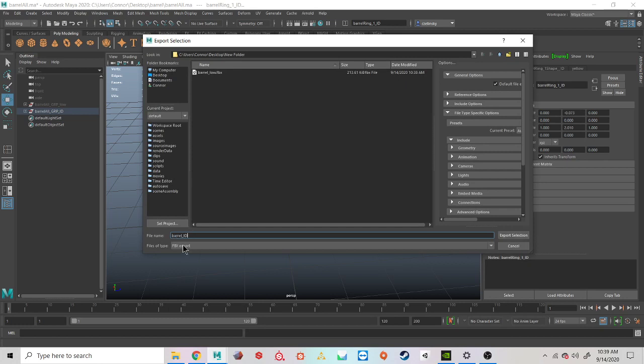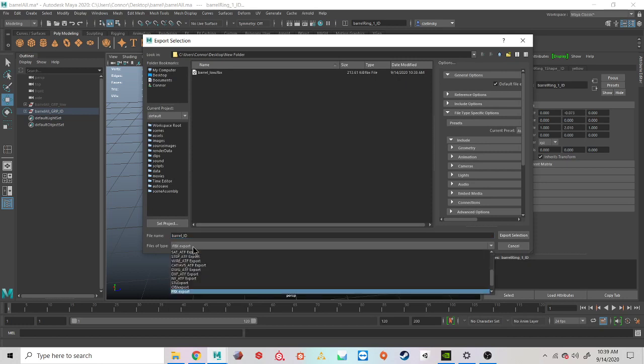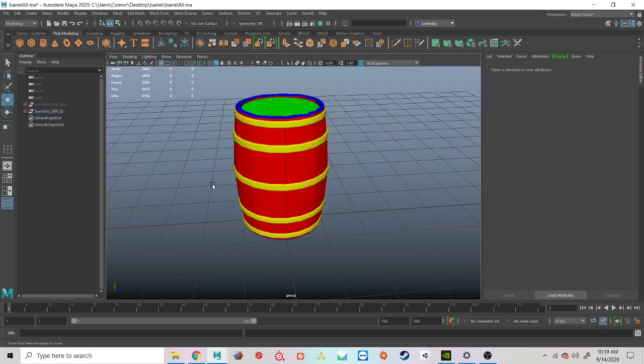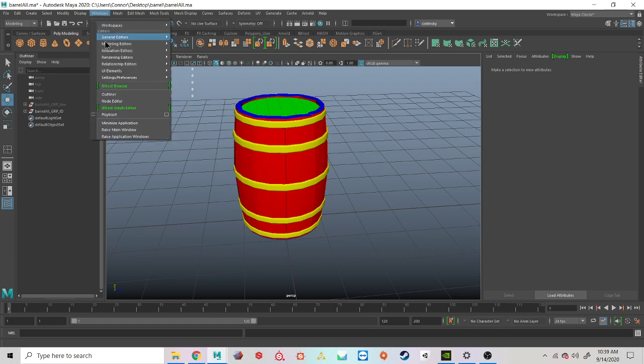and barrel_ID. It's very important that you export as an FBX. So make sure that you have FBX export for files of type and hit export. If you do not have FBX for your export options, come up to Windows, Settings and Preferences, Plugin Manager,